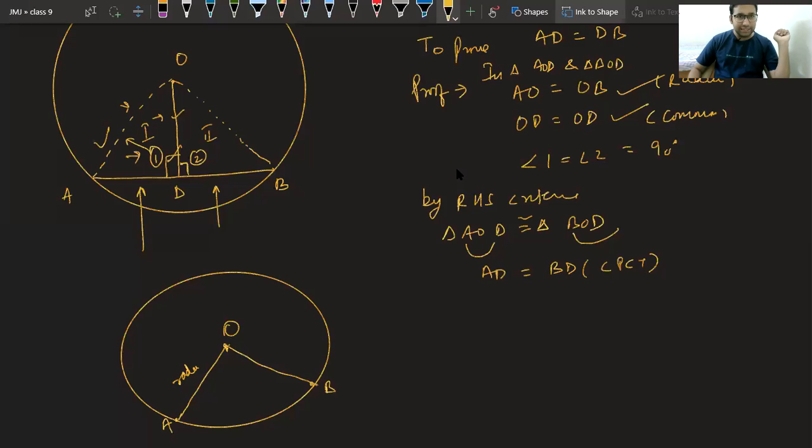Now, class, the second way which Piyush was saying was also very simple. In this case, Piyush and Jasnoor were saying, I guess, angle side angle. That is also possible, I guess. Let's see if it is possible or not. In the question, it is given to us 1 equal to 2. Class, can we say 3 equal to 4? Let us see if it is possible or not. I'm not telling.